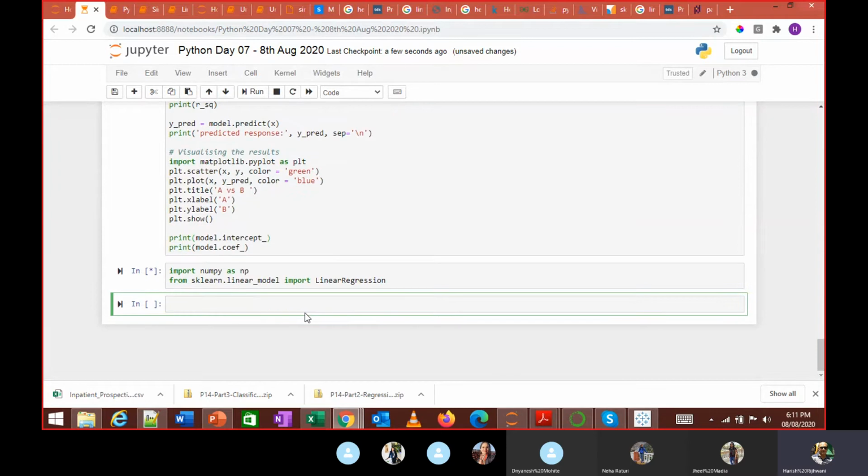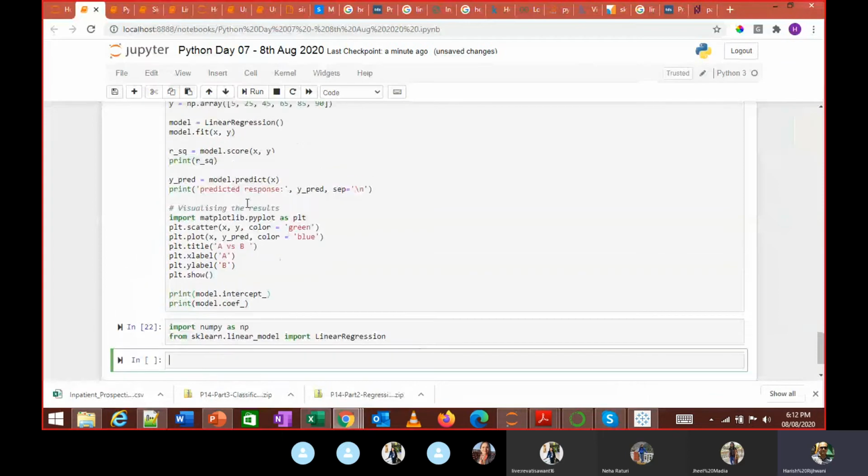First thing, I import these two. So I have done the first step, import this package.